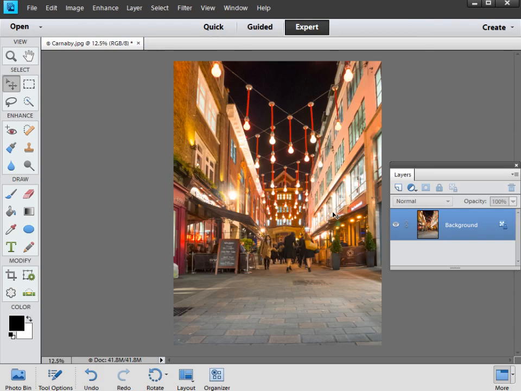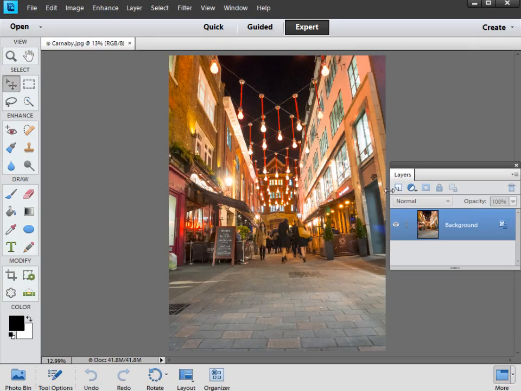Now, I promised this technique could be done in less than 60 seconds, and I'm a man that's always true to my word. So I'm going to close down this file and open up the start image, which is carnaby.jpg, once again. Welcome back, and you'll see we've got our start image, carnaby.jpg, loaded up again. Now I'm going to run through the technique in real time so you can see just how quickly it can be done. Start by clicking Ctrl and A to select the whole frame,